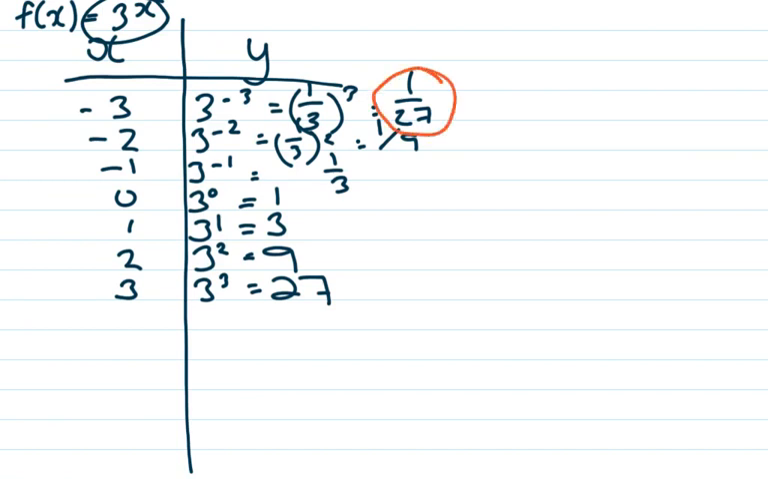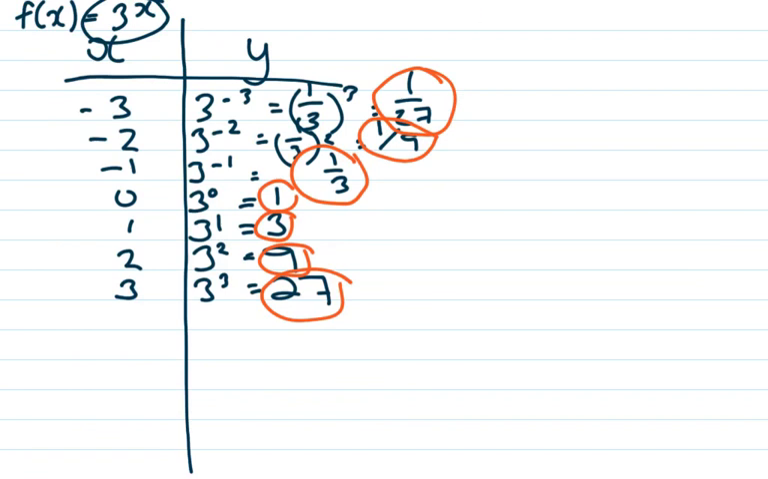Negative 3, 1 over 27. Negative 2, 1/9. Negative 1, 1/3. 0, 1. 1, 3. 2, 9. 3, 27. So then I would draw that on the graph, plot those points, and that's my parent function. Now to do the transformations, I would use general mapping, which is